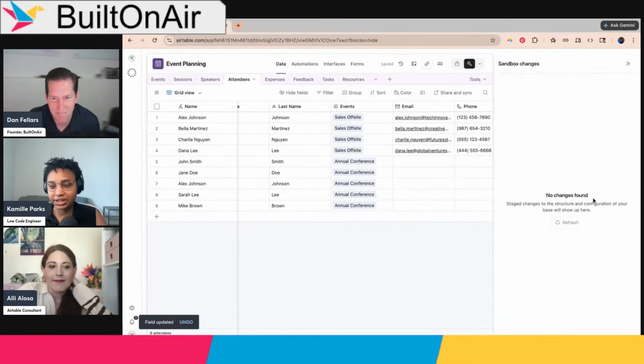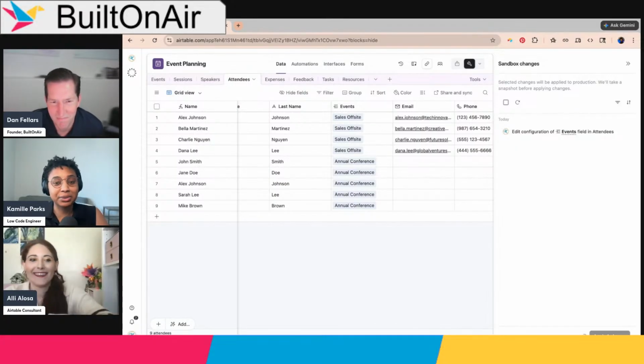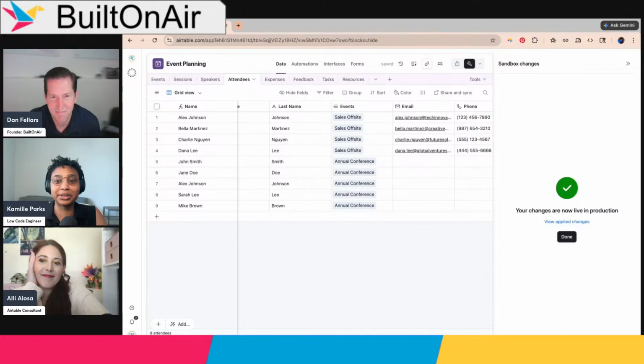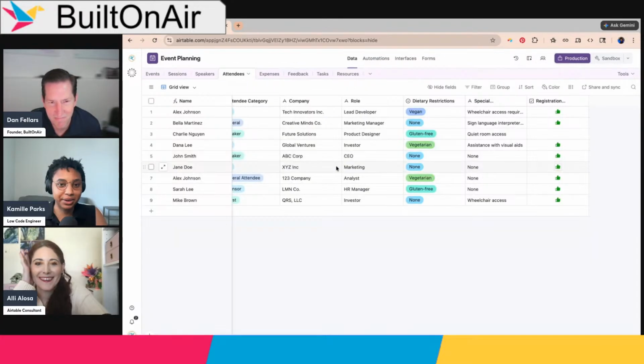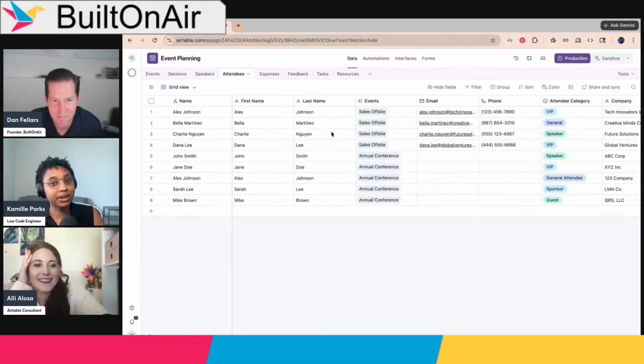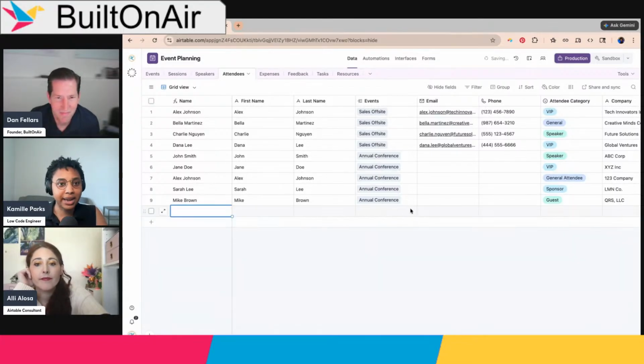I'm going to review my changes and apply these changes. Airtable is not going to warn me that the condition I've just set is impossible. So I should never be able to link to another event again. I'll click done, close out of here, and go to production. What is helpful, while I'm about to be negative, is that it knows to send you back to the same view and table between production and sandbox. So that's nice. But if I create a brand new attendee,